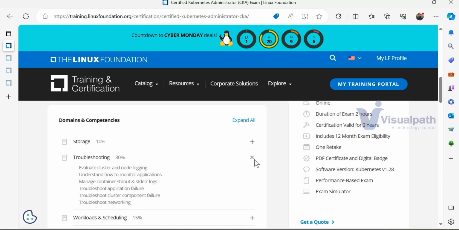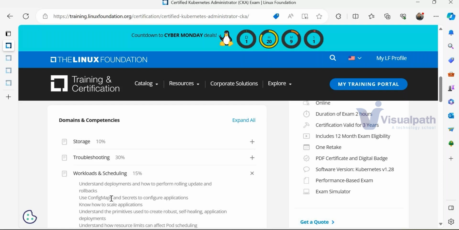And then workload and scheduling. So here we'll understand how the application will be deployed. We will understand the deployments. Basically, they're all automated, templatized things, so don't worry about it. We just have to understand the templates, and I'll make your life very, very simple. How to understand this template?